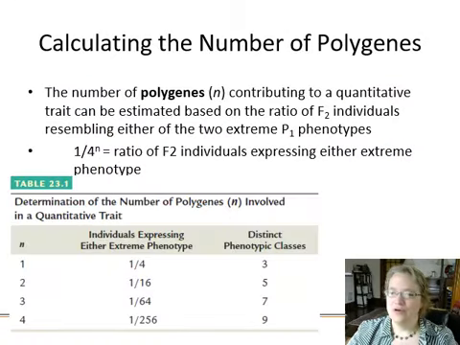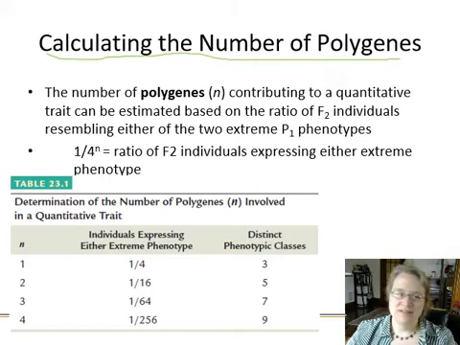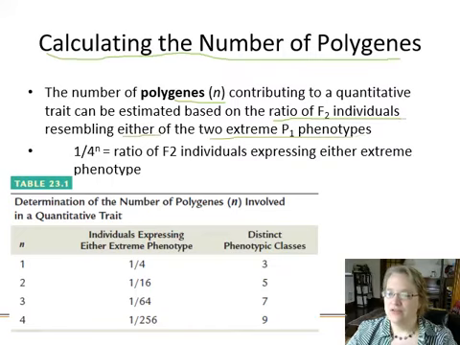So we can calculate the number of polygenes, or genes, additive alleles, contributing to a polygenic trait. The number of polygenes contributing to a quantitative trait can be estimated based on the ratio of the F2 individuals resembling either of the 2 extreme phenotypes. So what we need to solve for is (1/4)^n equals the